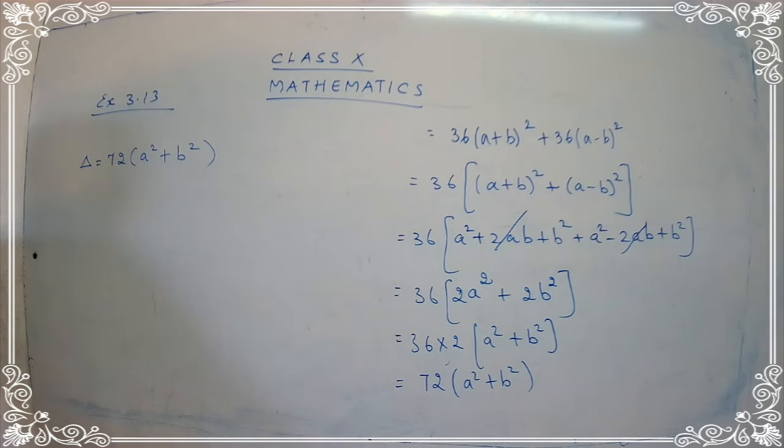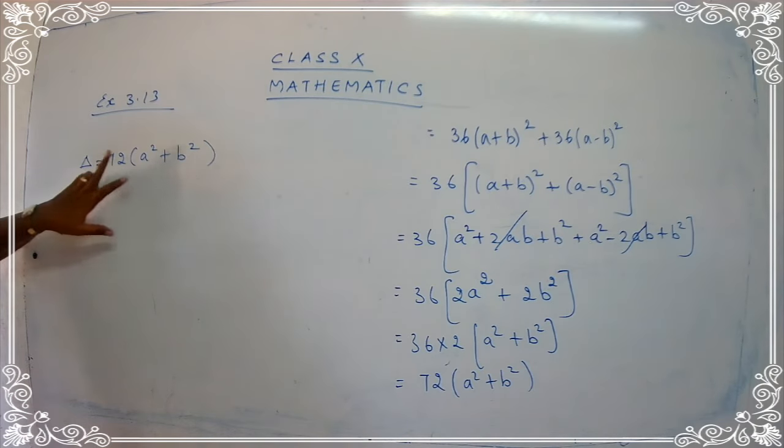Okay. Now, what is the thing that we have to prove? Come to the question. If a, b are real, then show that the roots of the equation are real and unequal. I have already told you that if you have to get the roots as real and unequal, the value for delta should be positive. What is the meaning of positive? It should be greater than 0.